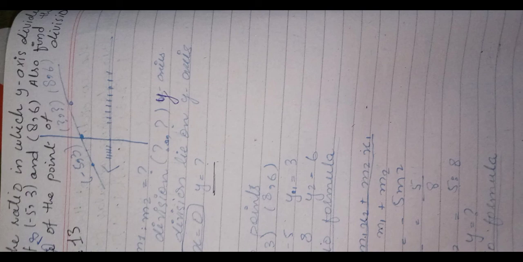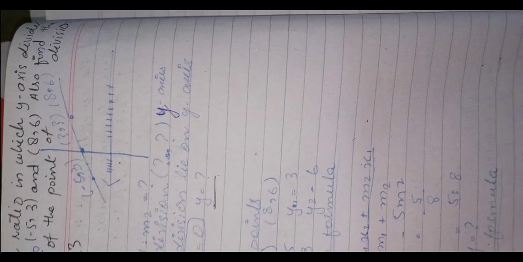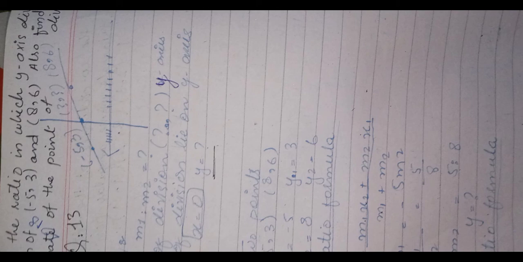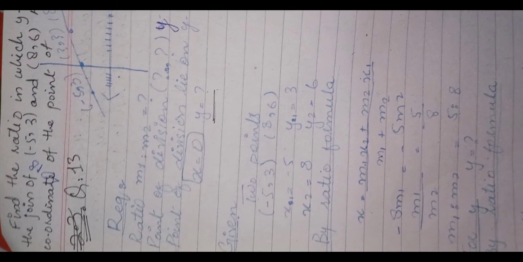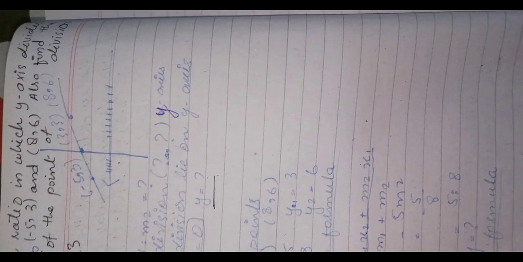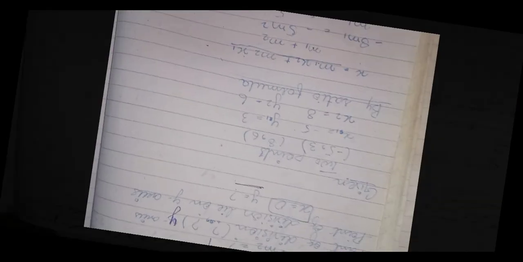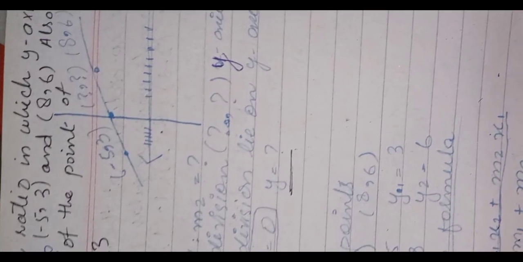And we don't know where the point of division is, but we have that the y-axis divides the points. We can see that the y-axis divides the points, but we don't know in what ratio. That's the thing, we don't know the ratio of the point of division. We just know that the y-axis divides the join. Okay, let's see. If we want to find the coordinates of the point of division, let's see.